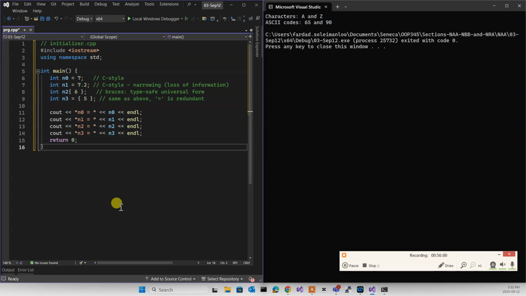When you have something like this, initialization in object orientation is calling a constructor. That's a constructor. So essentially a constructor is called for initialization.